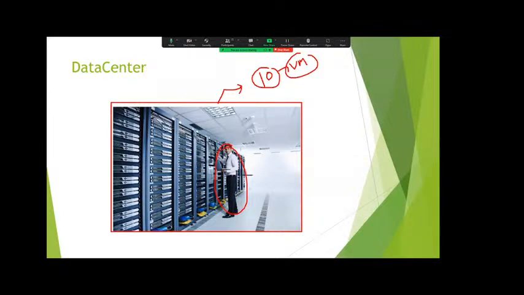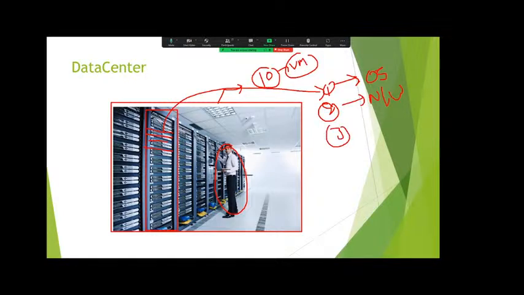Once space is available, first step, they will install the operating system. Second step, they will configure the networking. Third step, they will install all monitoring tools. Fourth step, they will install security patches and fix vulnerabilities to deploy your application.